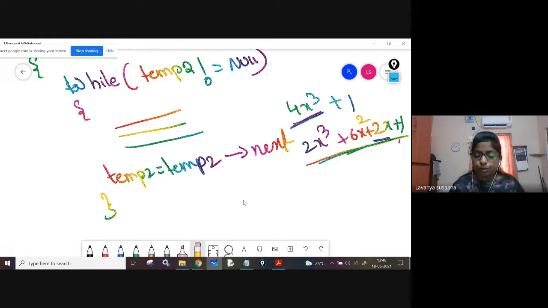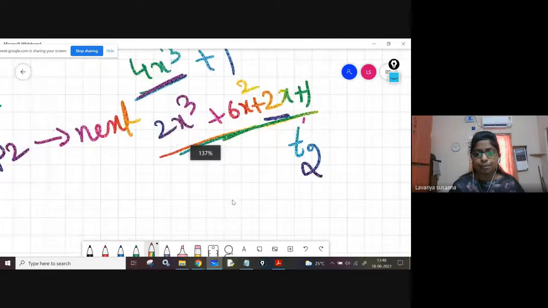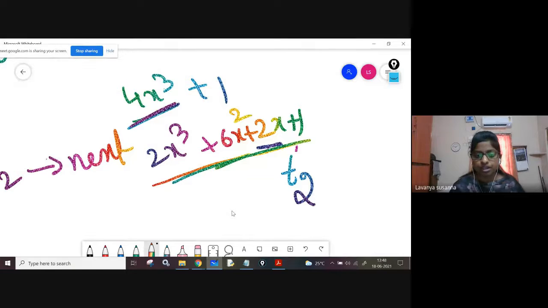That means you should make T2, see, previously temp 2 is at the last node. Now what you have to do? You have to make this temp 2 point to the first node. See, temp 2 must point to the 2x cube. Why? Because you have to multiply 1 with 2x cube. From the starting you have to multiply.